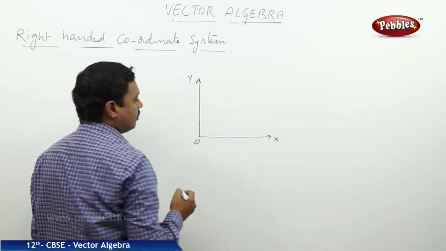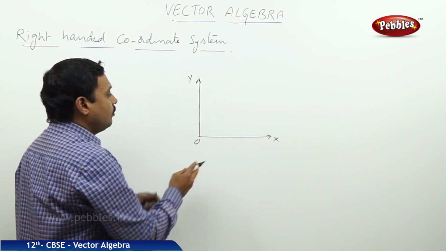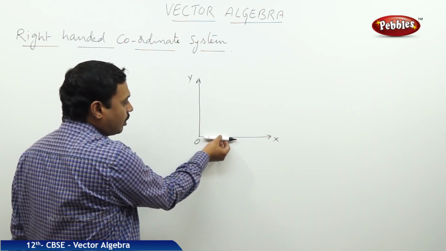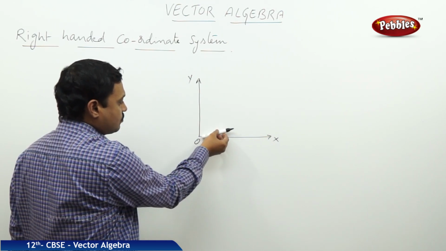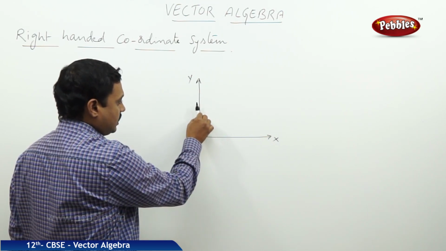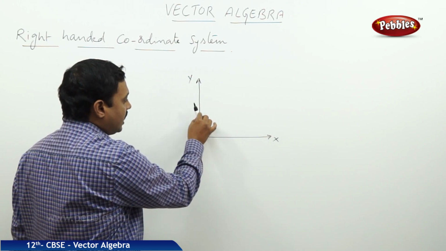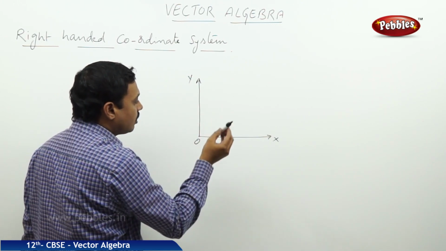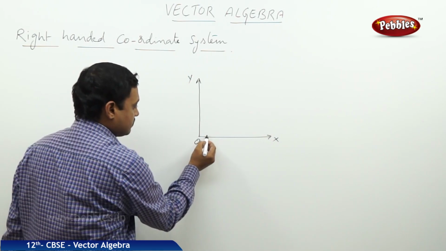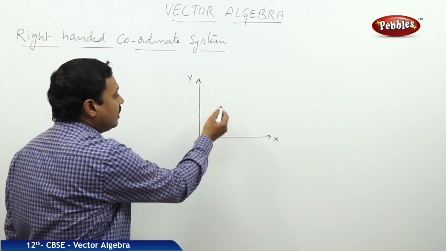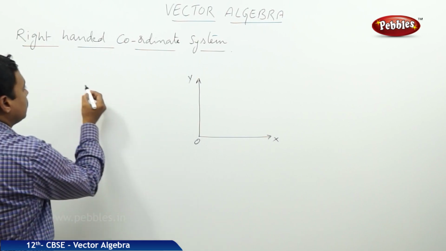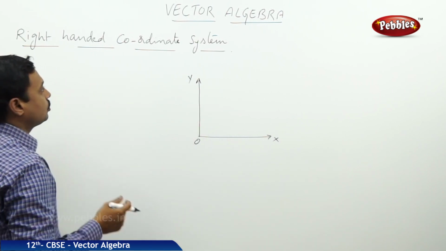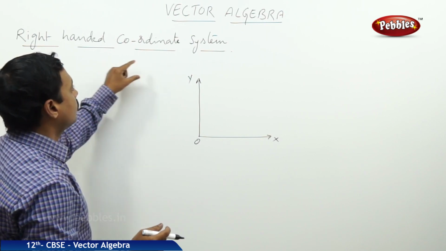So origin. Now, when we rotate some vector on x-axis towards y-axis like this, then there exists a direction in the direction of z axis, then all these vectors are said to be in right-handed coordinate